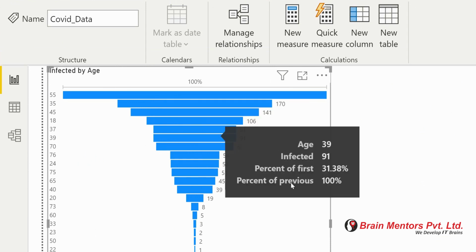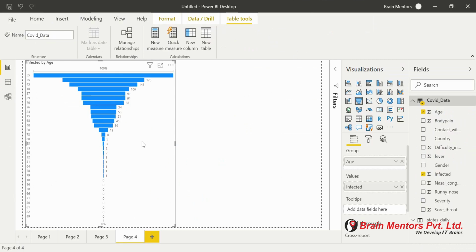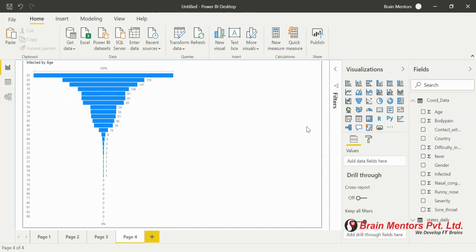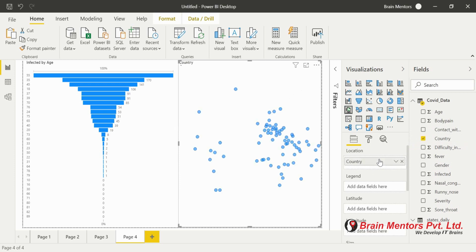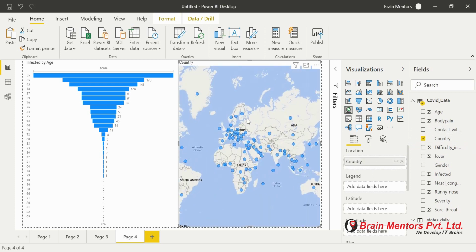This is the data infected by age. In the group, you have to specify the column that displays the stages. So age is playing the role of a stage here. You can change it, and in the infected, you have either 0 or 1. I'm going to make it better by using filters. So let's put a map also. I'm going to put the country here, and I'll be able to visualize the countries.